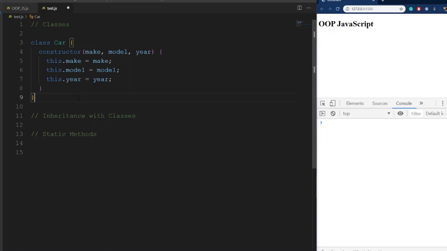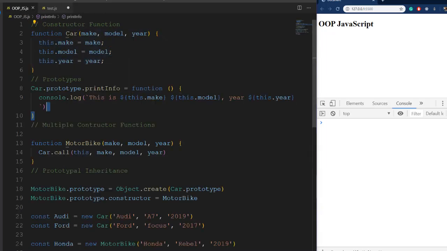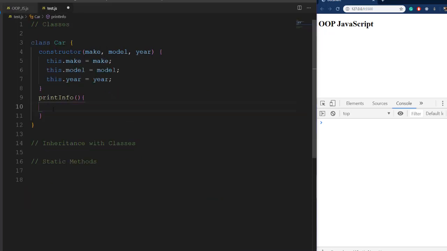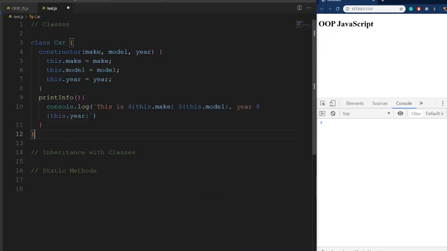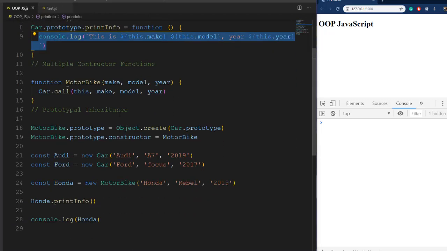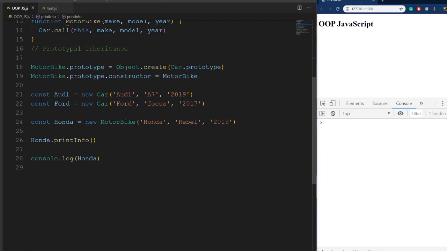And the other thing, if we want to put methods on our class, we can do that. Say our print info method. That's going to be a method, and I'll just copy paste it. I'm just trying to save a little bit of time here, guys. Okay, and then if I save this, and say if we create,